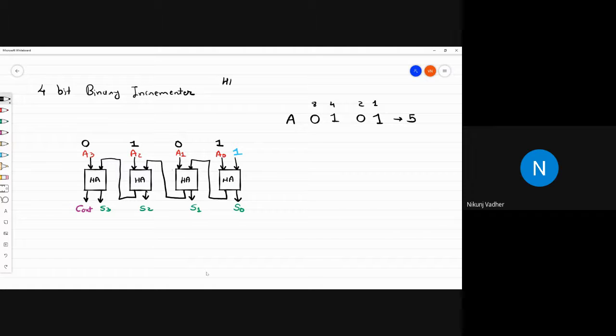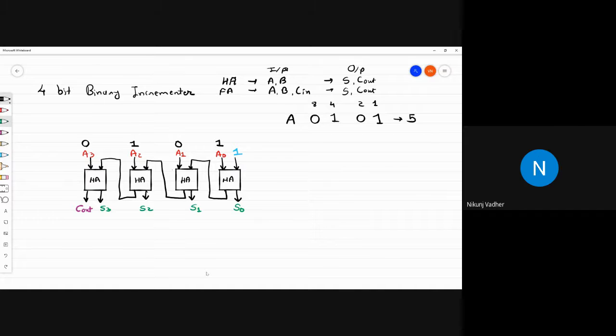In half adder, what is the difference between half adder and full adder? In half adder, there will be only two input variables, A and B. In full adder, we have two input variables as well as the input carry. The output will be sum and carry out. In full adder it is also the same, sum and carry out. The only difference is input: in half adder we have two inputs, and in full adder we have three inputs. So, what will be the answer?